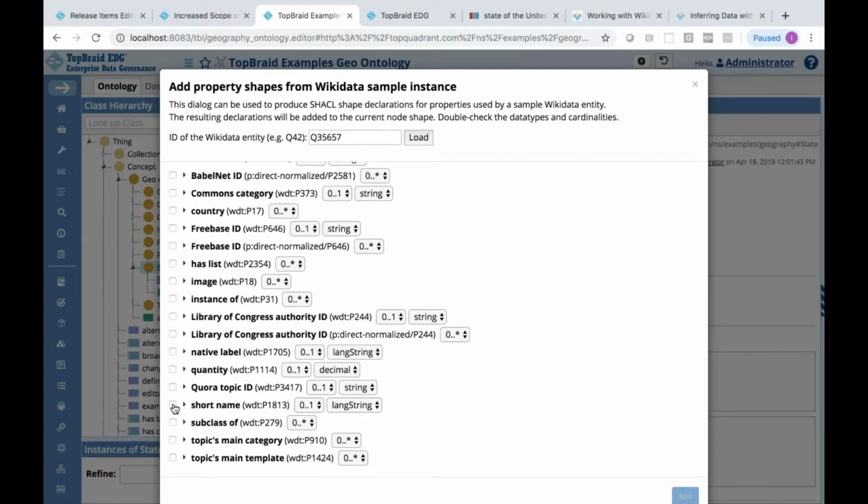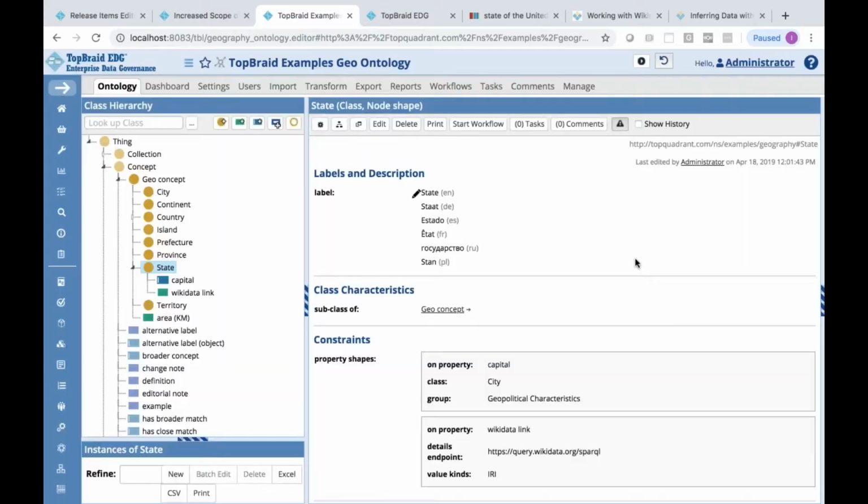So once I've added that, then through the matches, those values will be added to my knowledge graph from the external knowledge graph, and they could be continuously refreshed by Edge. So I'm not going to go through that.